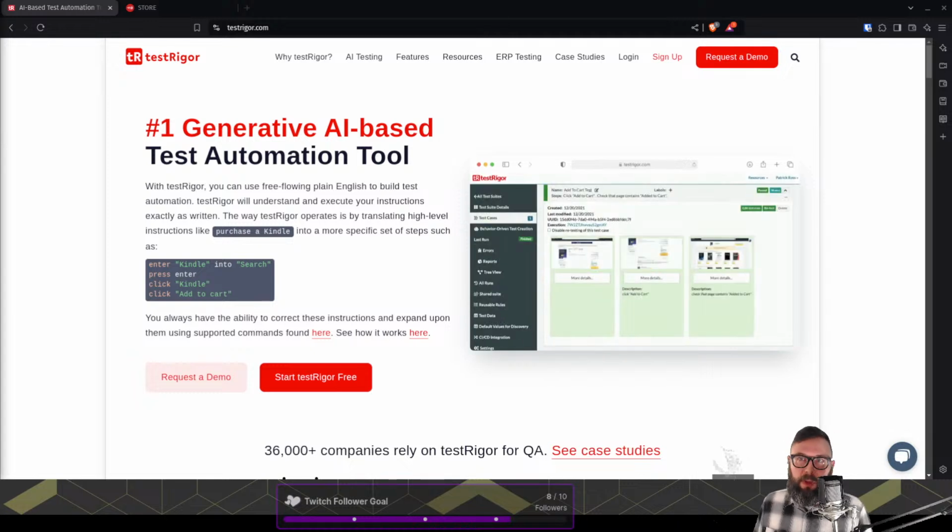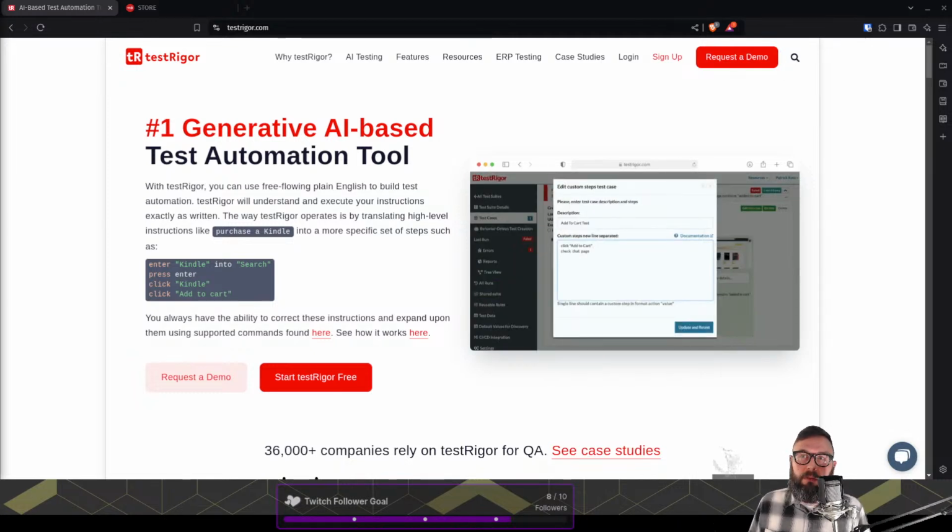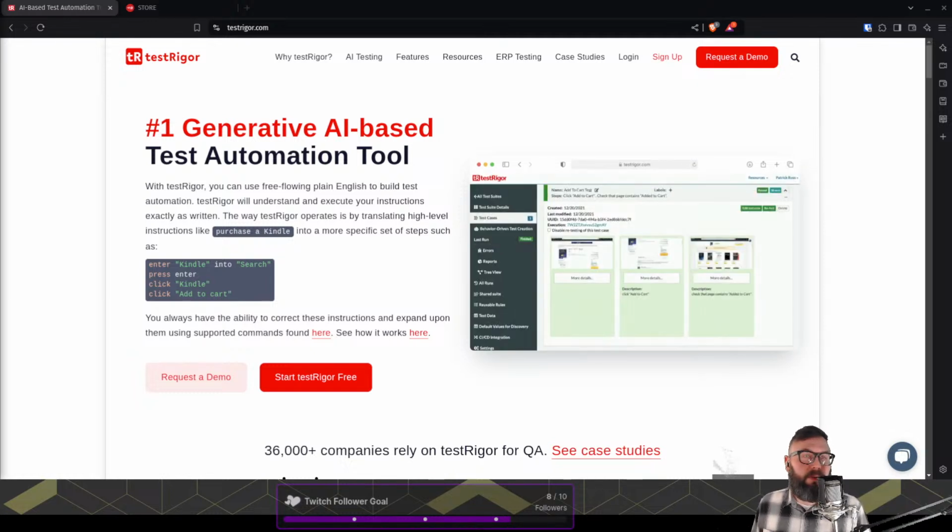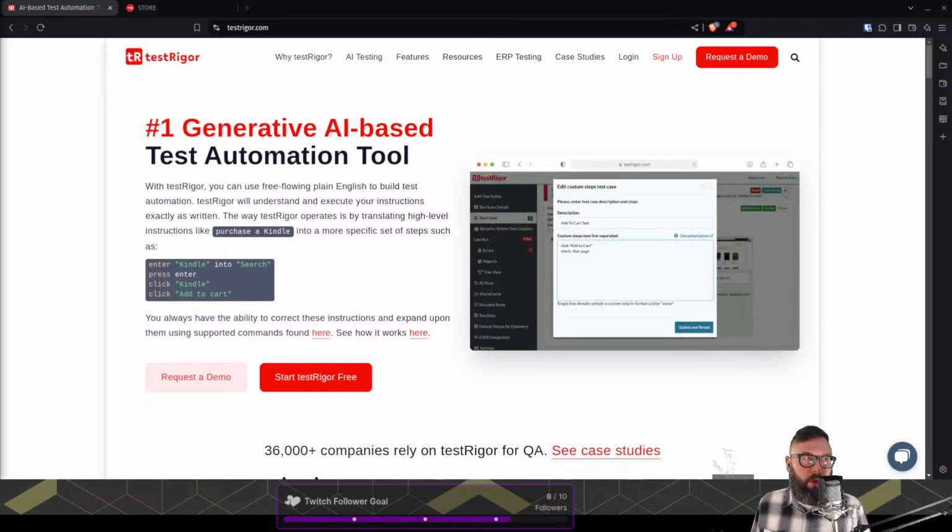I have experience with some test automation tools that are generative AI based. Well, I wouldn't say those are automation tools. Those are more AI based development tools that I wrote automated tests with. So, a blind demo of testRigor. This is not sponsored. I wish it was, but this is not sponsored by testRigor in any way. This is just me taking a tool that